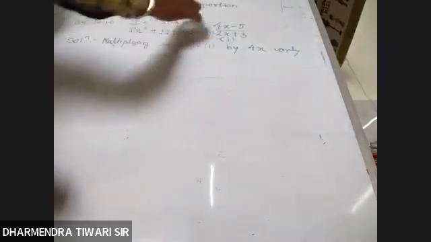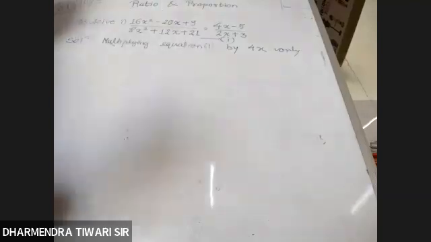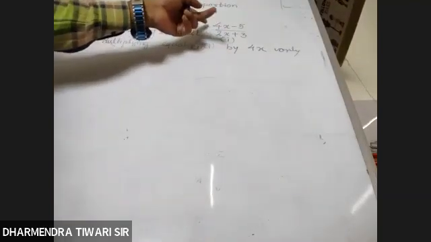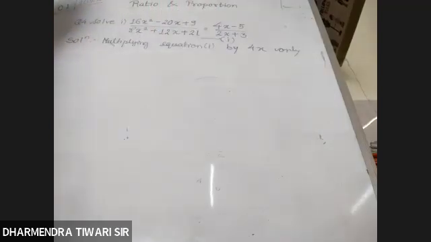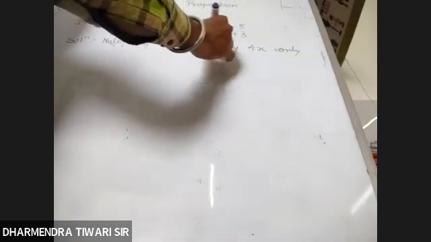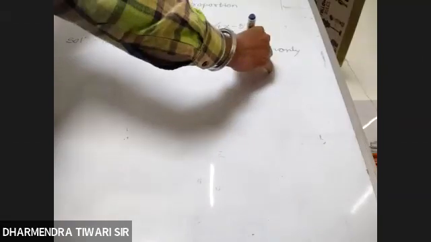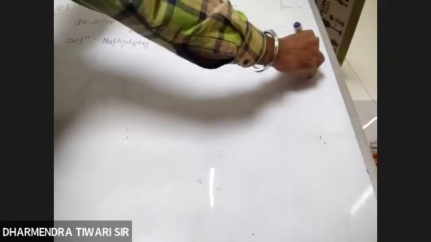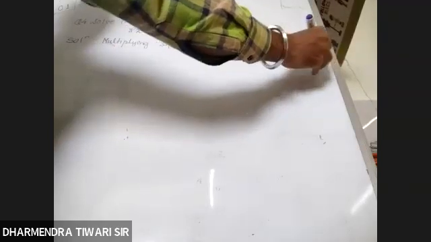This is our first ratio and this is our second ratio. So in order to convert it to 16 and 8, we need to multiply the second ratio by 4x. By 4x only, second ratio. We get